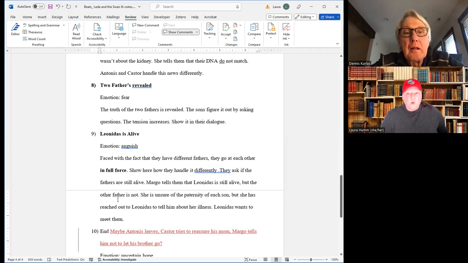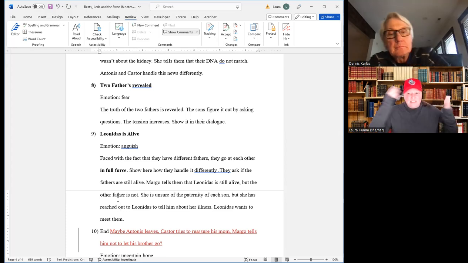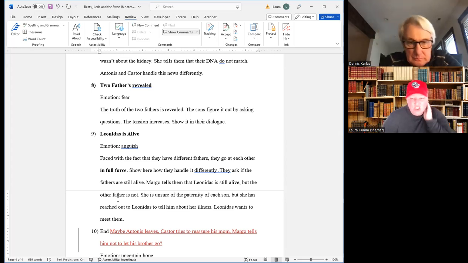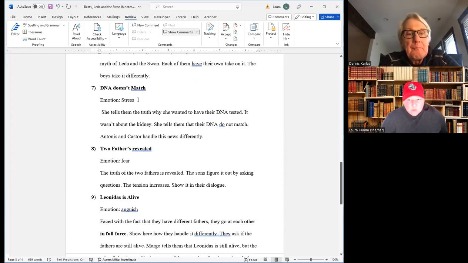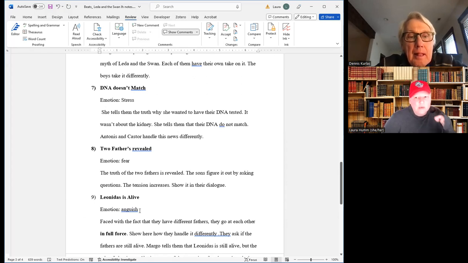So now, not only has she been dealing with this shame all of her life, all of her fears have come true. And when she told them, they exploded. They're attacking each other, they're attacking her, right? It's like as bad as she could have imagined. And as we're using the words related to the emotions, we're using really nuanced words. It's not just stress. It's not just all of these beats are fear, because what we want to do is,